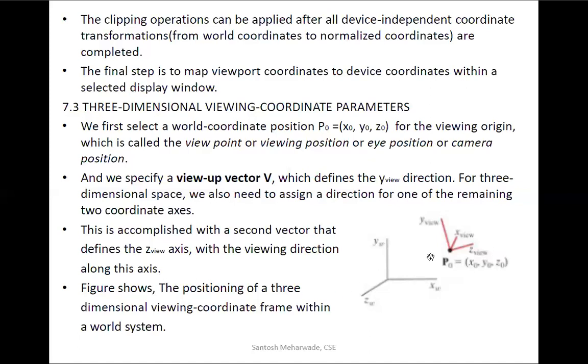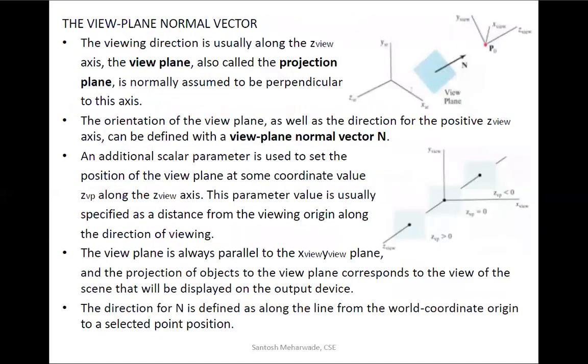This is the camera position, and z view points towards where the objects are; the camera looks at that side. This is the x view, so you can also move along the x-axis, but the y view up vector is always upside.